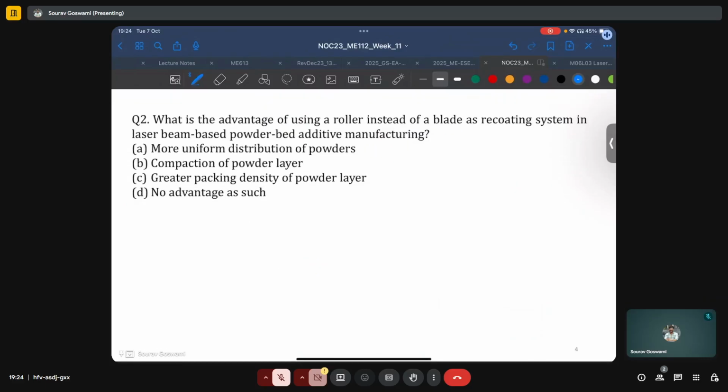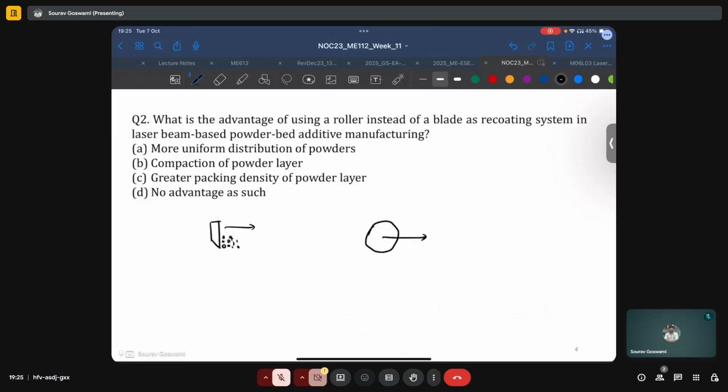The second question is asking us, what is the advantage of using a roller instead of a blade as a recoating system in laser beam based powder bed additive manufacturing? So if you will recollect, we had both of these recoater types. One was just a blade, ahead of which we had powder, which it would then spread over the printing region. And we also had